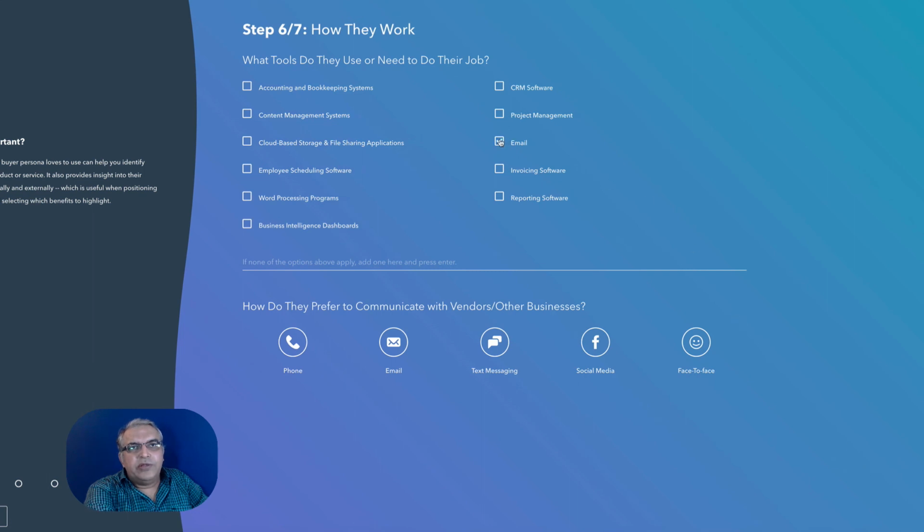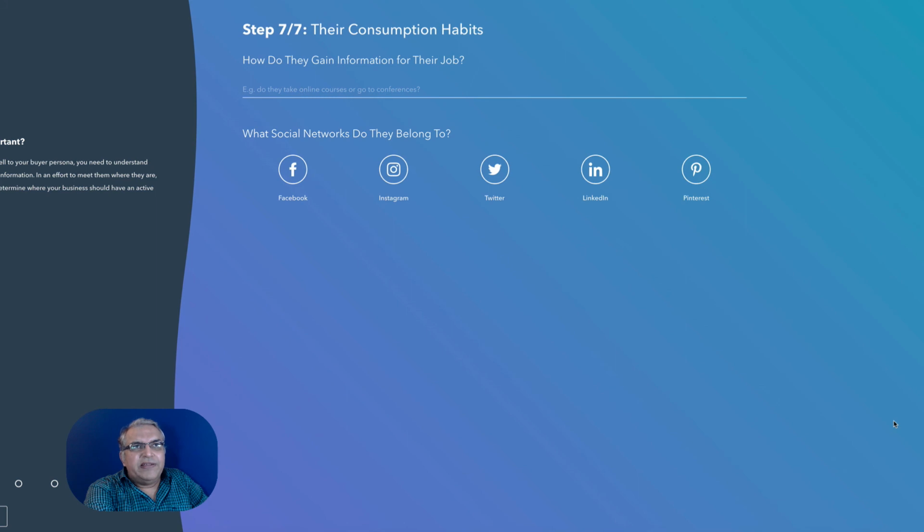So you can fill this up and you will have your persona filled up. They're using mail, and suppose the parents are using cloud storage. I could have given you a better example, but this is for the sake of taking you through what we call making a persona. Once you have a persona, you can have multiple personas for your customer, but if you have it defined, it makes your job easier, and then you can have different ads targeted to different personas or different people, and you will get better results.